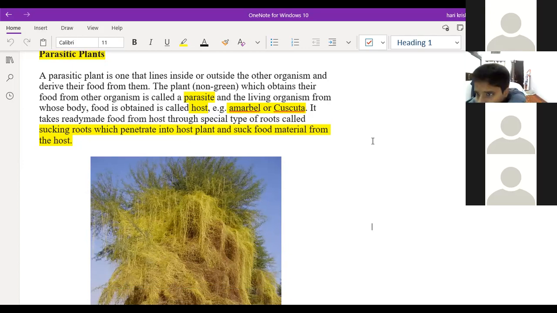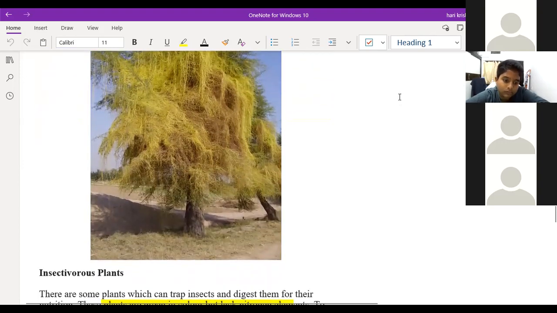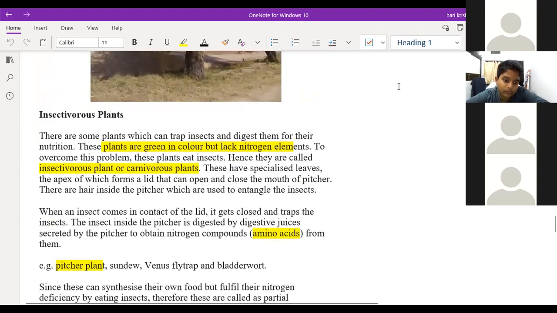The host is the one which will provide the nutrients and food products to the parasitic plant. These parasitic plants suck the food through roots which penetrate into the host plant and take the food materials from it. You can see the picture here of how it is going to happen. The next one is the